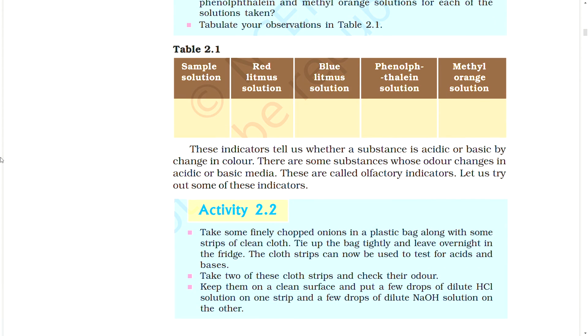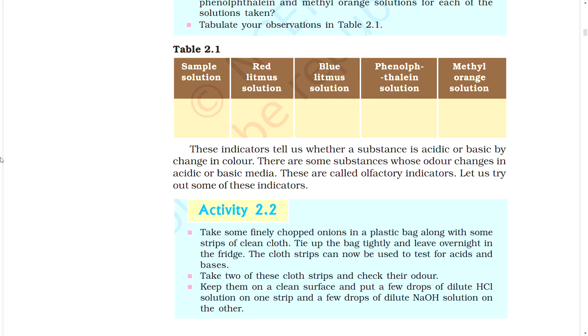Table: sample solution, red litmus solution, blue litmus solution, phenolphthalein solution, methyl orange solution. These indicators tell us whether a substance is acidic or basic by change in color. There are some substances whose odor changes in acidic or basic medium. These are called olfactory indicators. Let us try out some of these indicators. Activity: